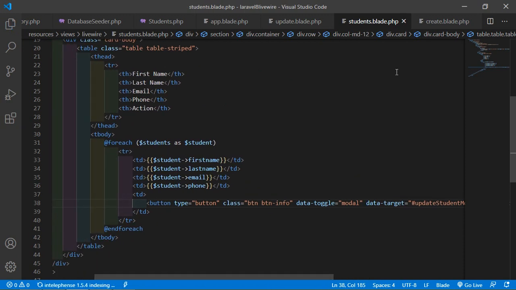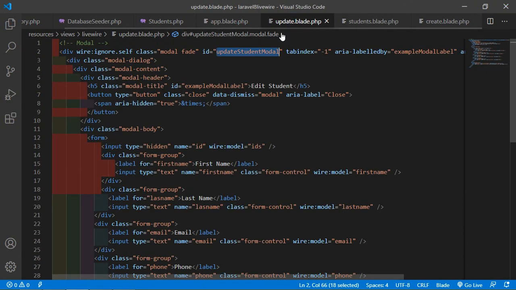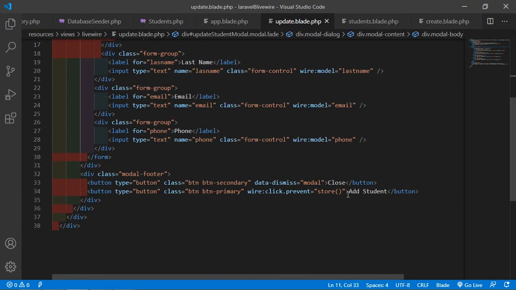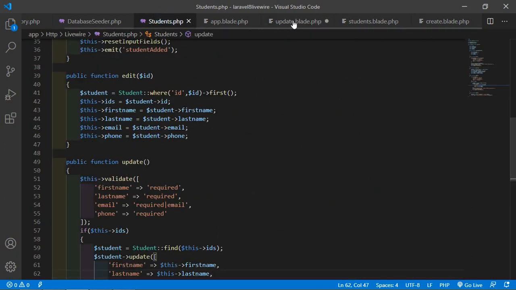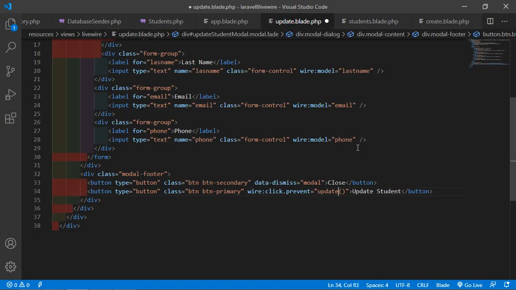now save this file, and inside this update.blade.php file, this model just call here, just add here the text update student, and here on click just call this function, update function. Okay, so just write here update. Now save this file,